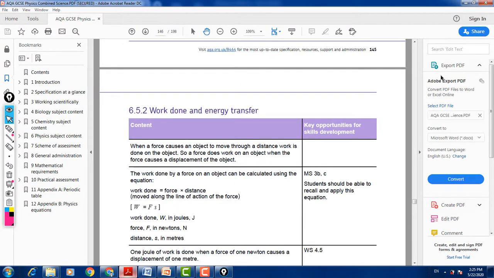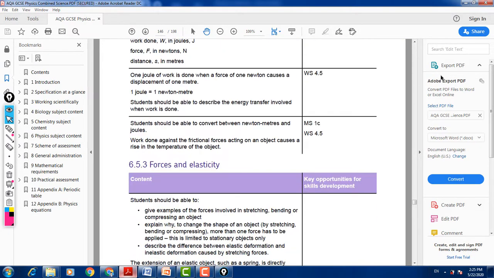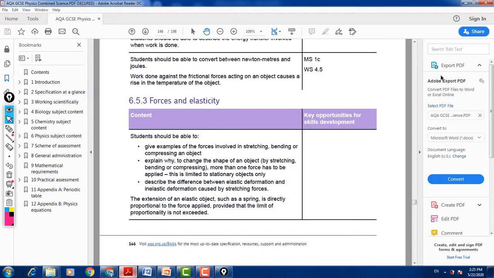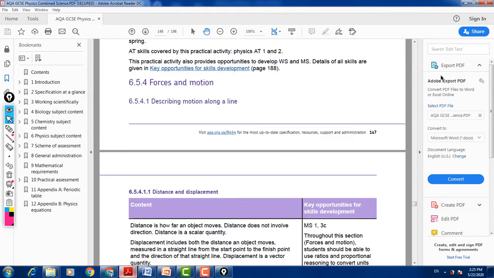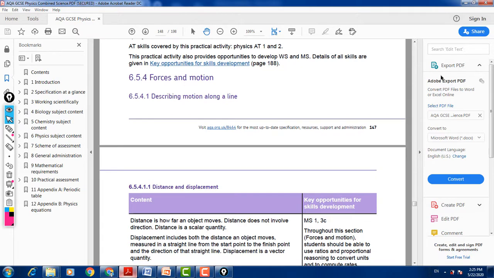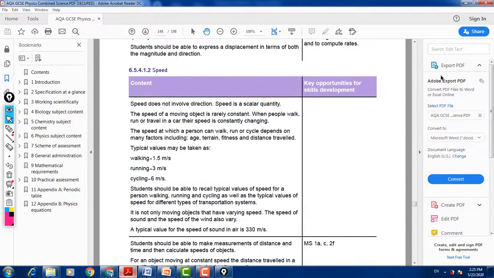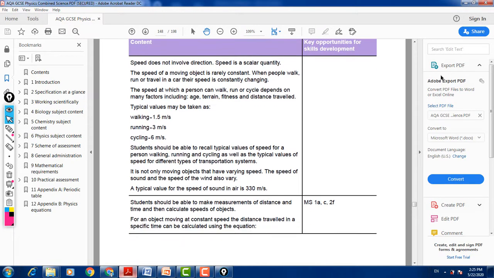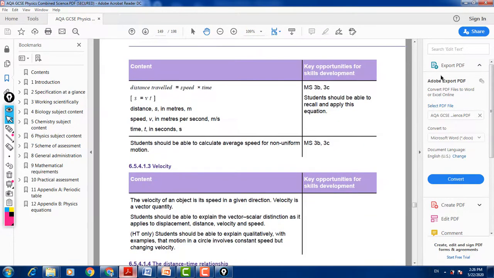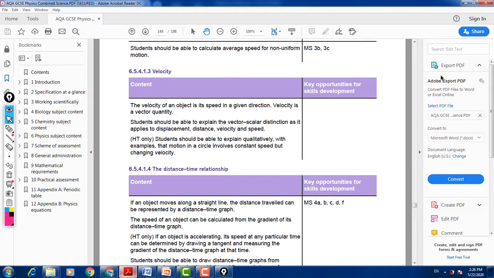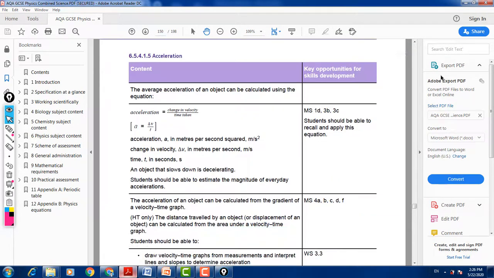Now, in the next topic of forces, we'll discuss work done and energy transfers. And then we'll discuss forces and elasticity. And then comes forces and motion. In forces and motion, we'll first describe the motion of an object along a straight line, and then comes speed. Within that, we'll study speed, velocity, the distance-time graph, and we'll discuss